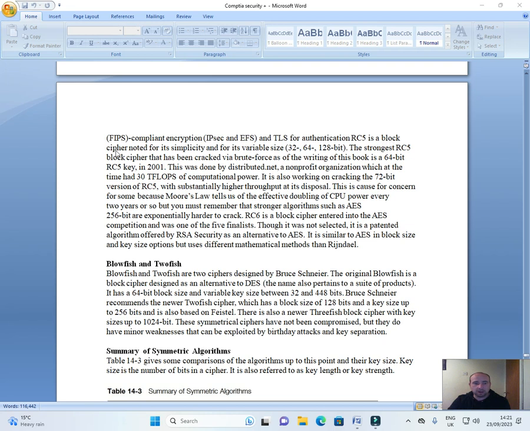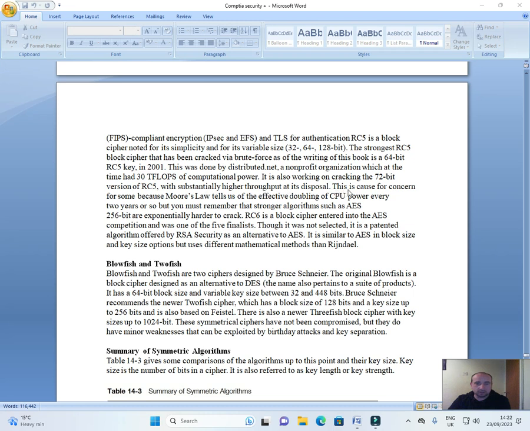RC5 is a block cipher noted for its simplicity and for its variable size: 32, 64, 128-bit. The strongest RC5 block cipher that has been cracked via brute force as of the writing of this book is a 64-bit RC5 key in 2001. This was done by Distributed.net, a non-profit organization which at the time had 30 TFLOPS of computational power. It is also working on cracking the 72-bit version of RC5 with substantially higher output at